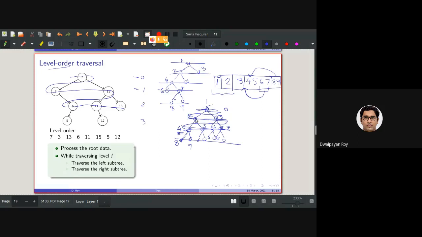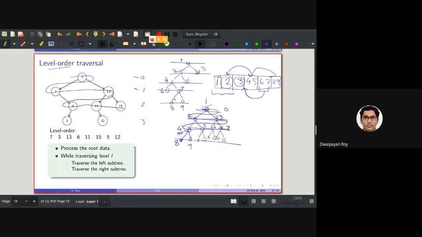As you can see in this tree, 4 and 5 are the children of 2. So the children of 3, which are 6 and 7, will be processed only after 4 and 5 are processed. That's why I need to keep one data structure in which, although I am processing 2 first, I am processing its children later, but they come before the children of 3.